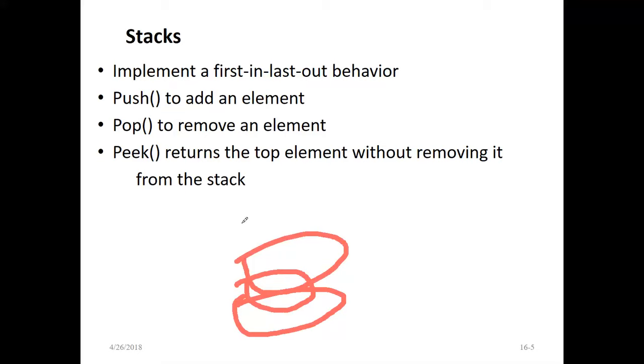But when you use the plates, which one do you get first? The last one, right? The topmost one, right? The topmost one was the last one. That is called a stack. Last in, first out. The element that came last in the data structure goes first. In a stack, the bottom side is closed, so you have to go in and out